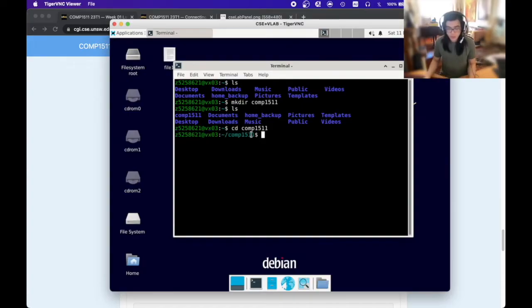We can see that we've changed folders because this bit here has changed. And also if we type ls now, we can see that nothing gets printed out because this is a new folder we just created. There's nothing inside it. We can also use the pwd command, which shows where you are on the computer as a path. Right now, it's just saying I'm inside my home directory because that's my ZID, and then also inside the comp1511